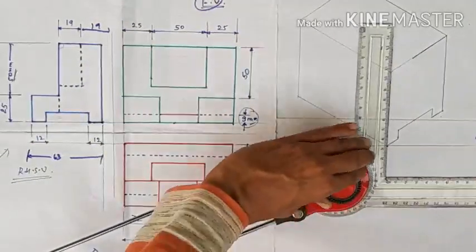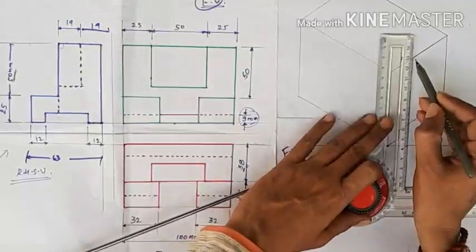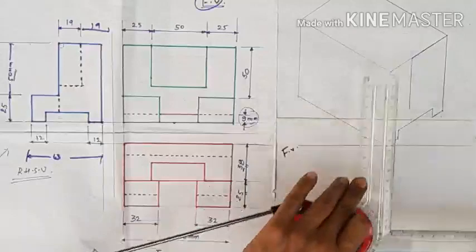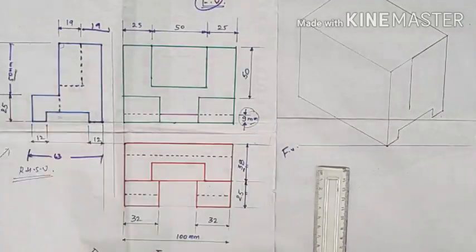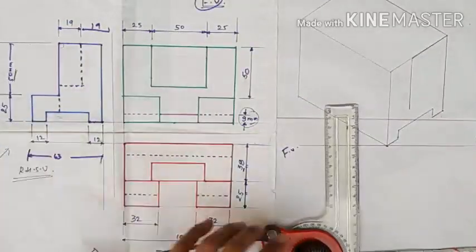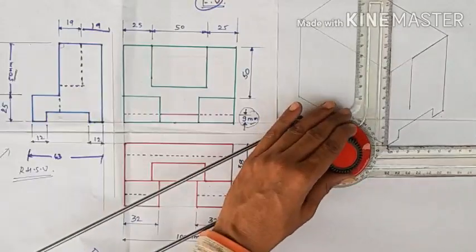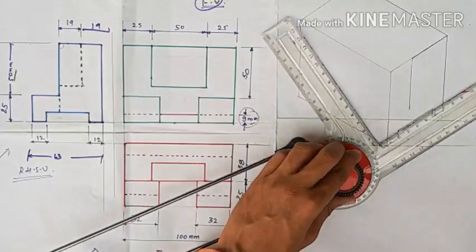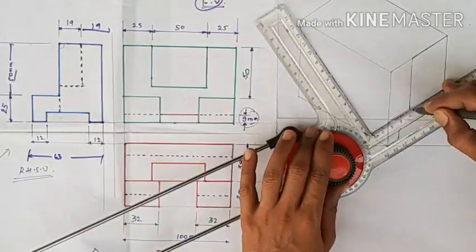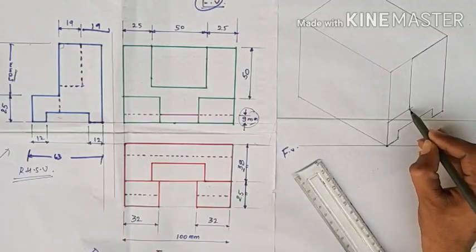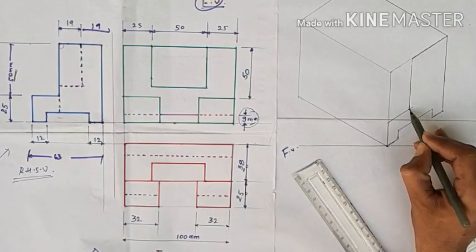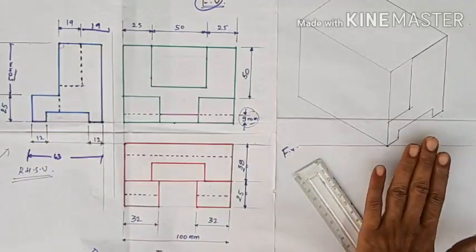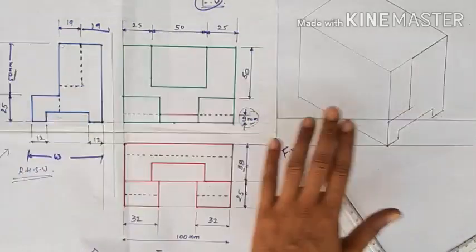So putting the MD parallel to it, take the dimension 50 mm below from here. So that is 50 mm. Now what you saw like this, and complete this. So what about this height? This is 25 mm. So start the 25 mm from here like this, and make these two lines, join these two points with a single line like this. So this is not an extra part, it is already drawn till this end, not here. So this is your side view, and you have already clearly seen it here.